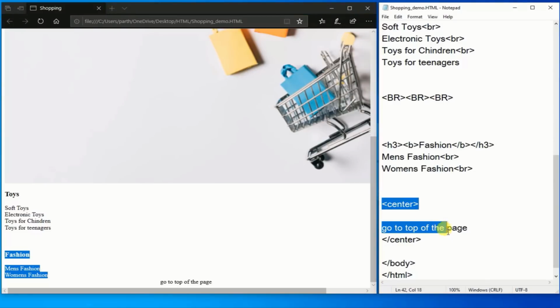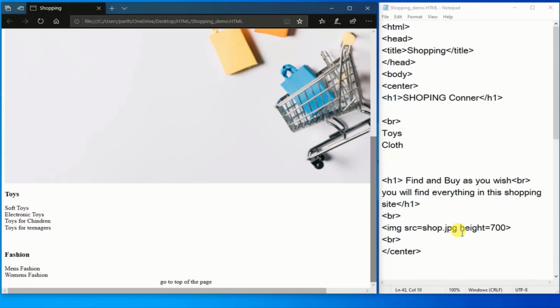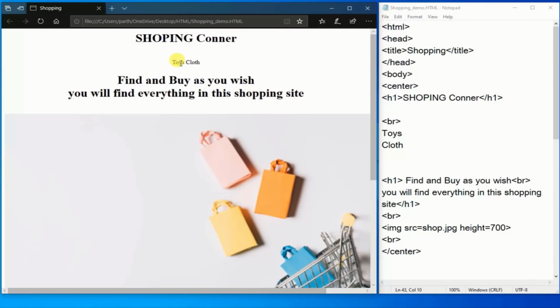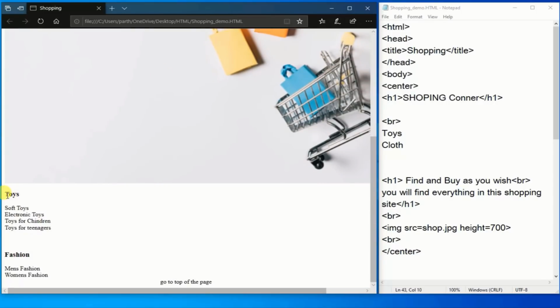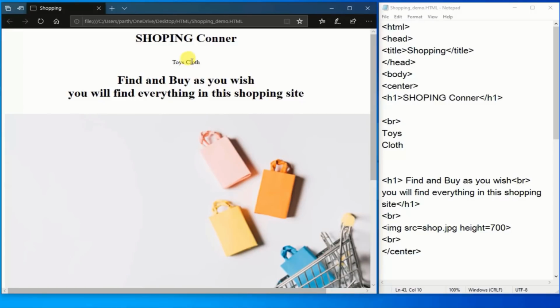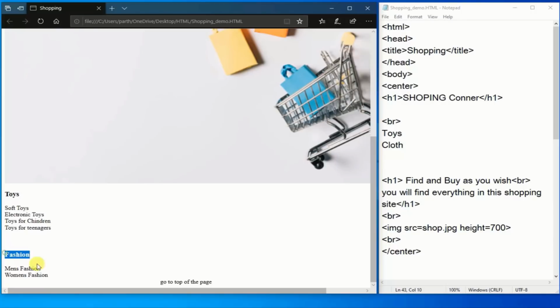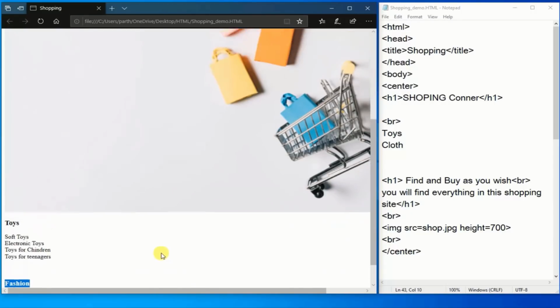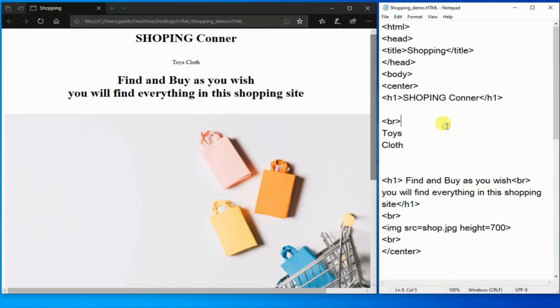And at the bottom, a text go to top of the page is there. Now I want that if anyone clicks on toys, then it will navigate to the toys section. And if anyone clicks on cloth, then it directly goes to the fashion section. So we will navigate in the same page.